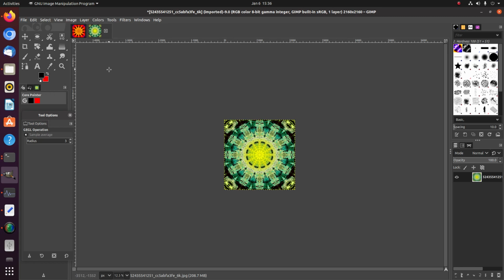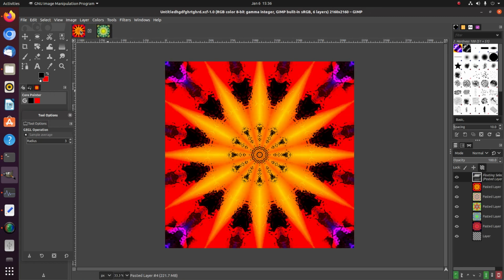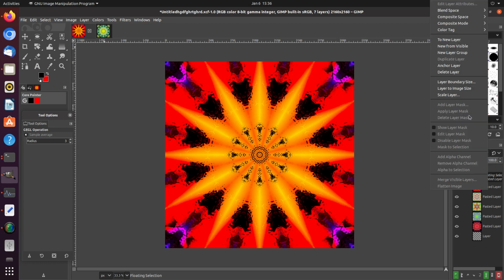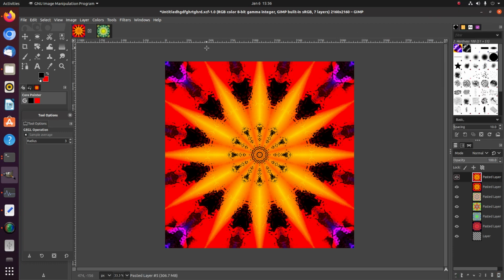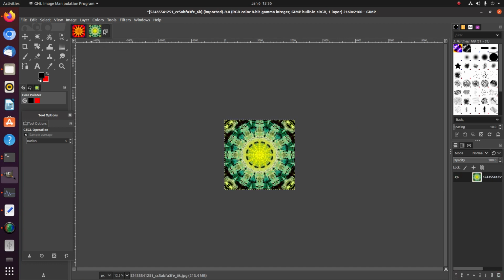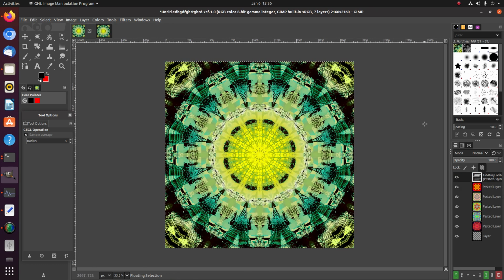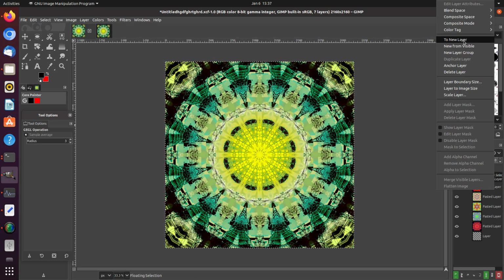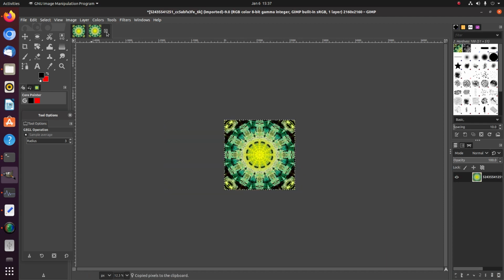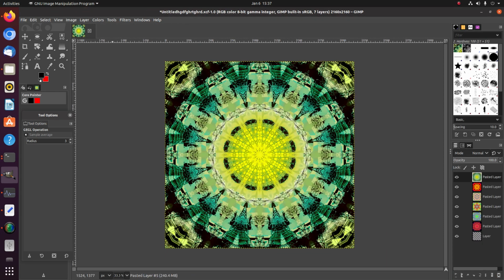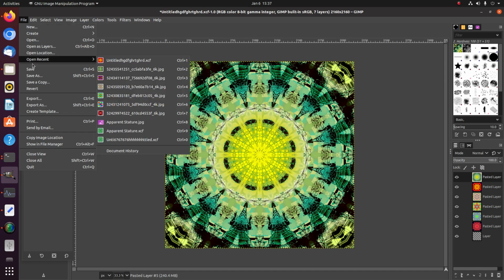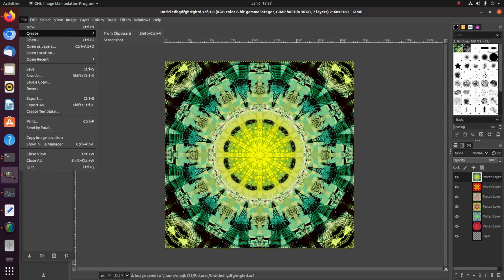Okay. Control Alt, Control V, to new layer. Sorry, that's the old one. Control Z, Control Z, Control Alt, Control C, Control V, to new layer. Close the old one, discard changes, file, save, file, open,